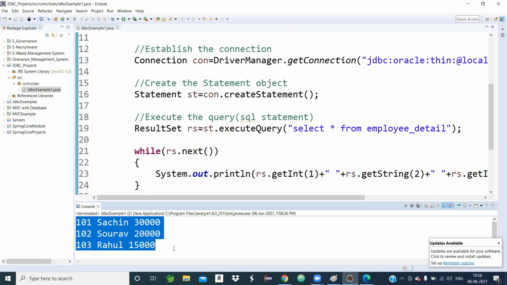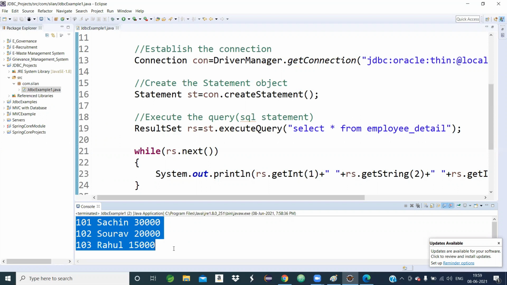So this is your Eclipse environment, but this data is available in the employee_detail table, which is available in the Oracle environment. You retrieved these records from the Oracle environment while you are in the Eclipse environment. So your environment communicated with a database environment, and that communication is a relationship, and that relationship is JDBC, Java Database Connectivity.